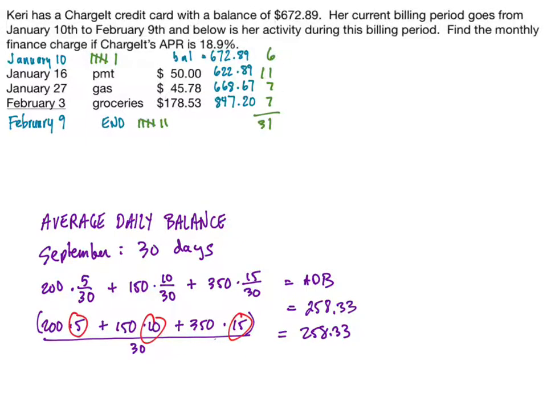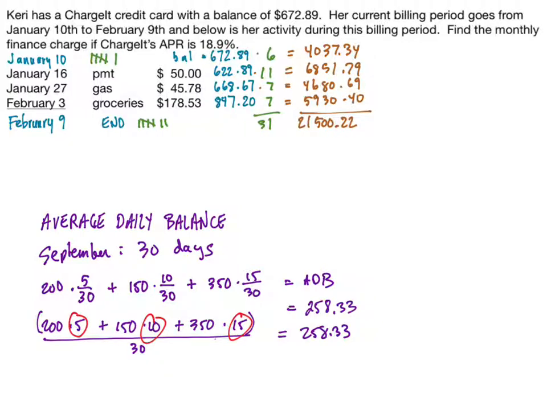So on this first one, we're going to get 672.89 times 6 is 4,037.34. The next one, 622.89 times 11 is 6,851.79. The next one, I'll multiply out and I get 4,680.69. And finally, the last one is $5,930.40. I can add these up and I get